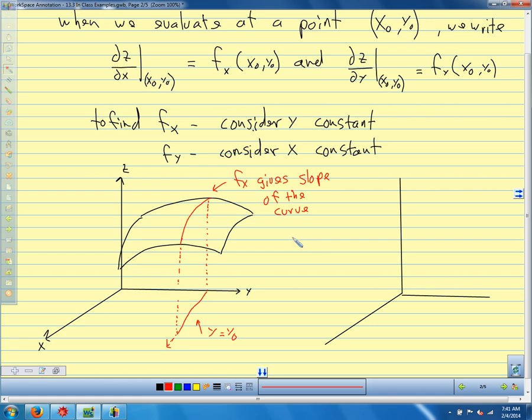So we're only moving in the x direction for some constant value of y. So the partial derivative with respect to x gives us the slope of this curve. So the slope of this curve as we're moving in the x direction. And then if we draw the same surface over here,